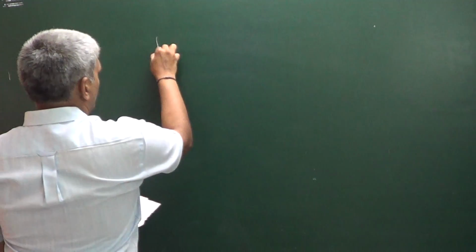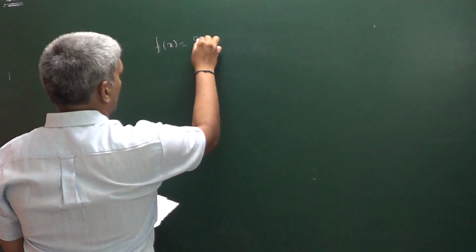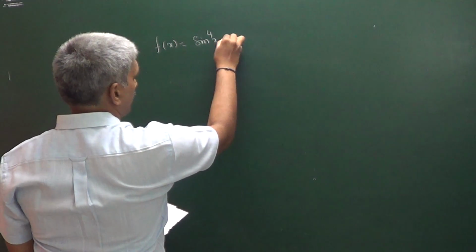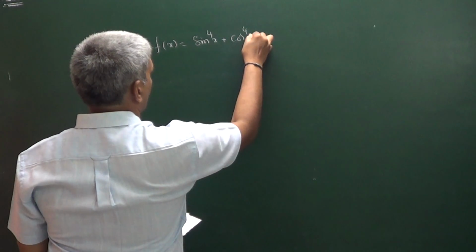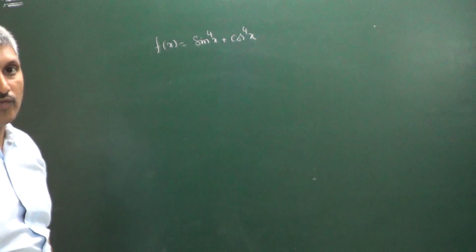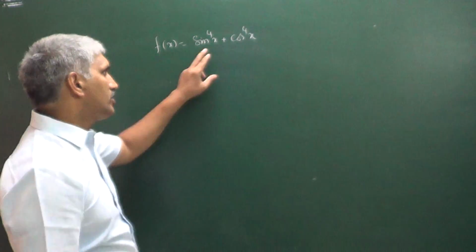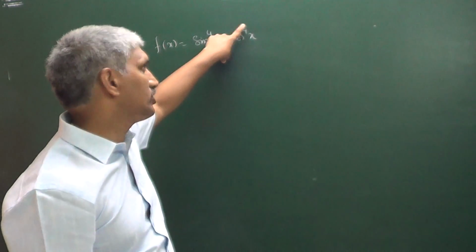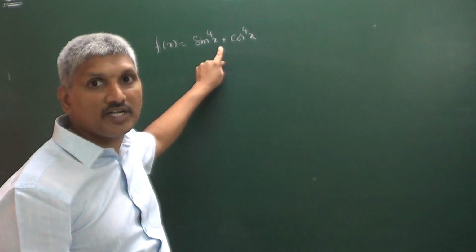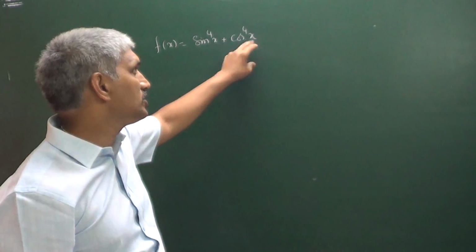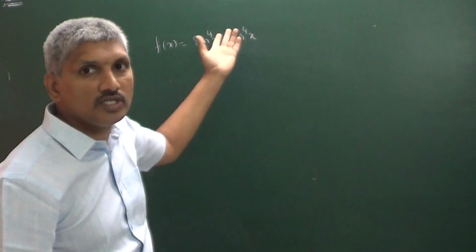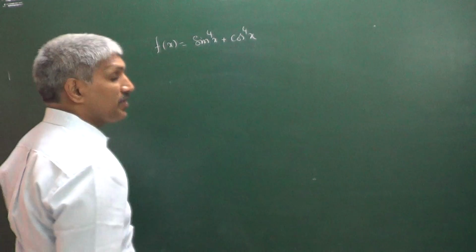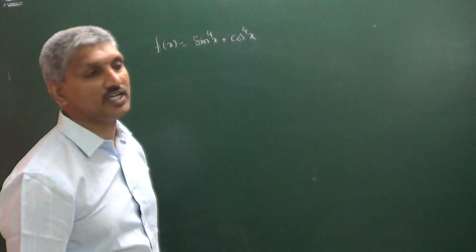So this is another question, f of x is equal to (sin x) whole to the power of 4 plus (cos x) whole to the power of 4. We have to find out the period of this function. Directly we can say, because the powers are the same, here if you write 90 plus, sin changes to cos. Here if you write 90 plus, cos changes to sin. That's why we can say it's a periodic function with the period pi by 2.